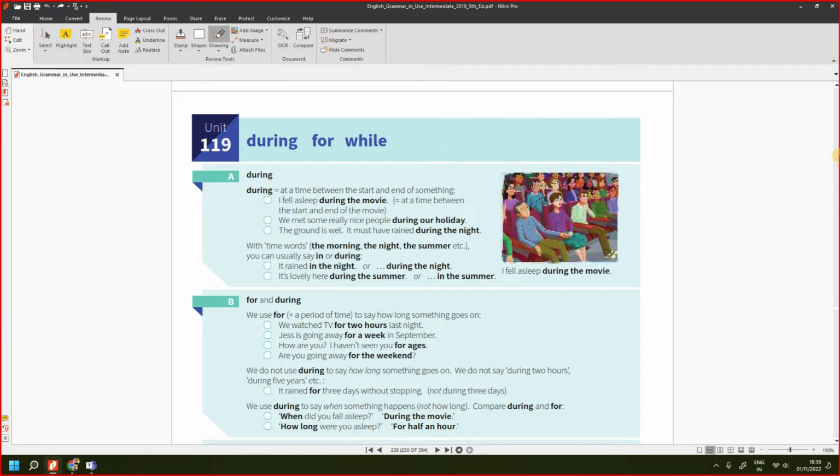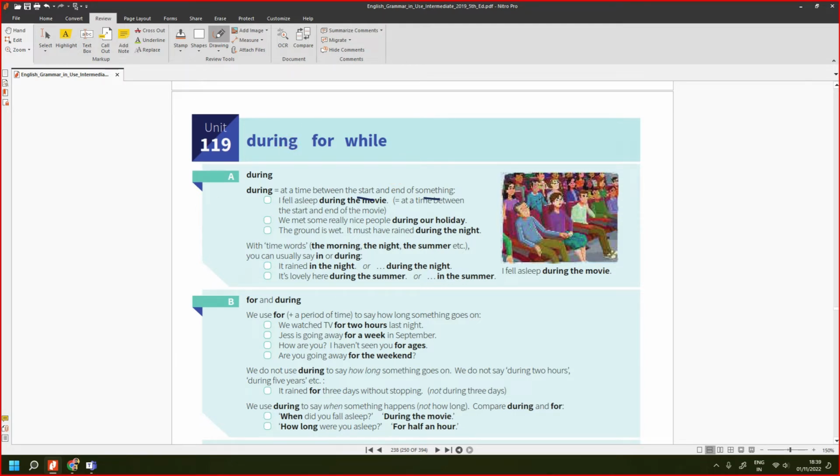So the first thing that we are going to learn about is during. Now we need to understand where to use during. This is a word that we have been using in our conversation and in our writing from school, but we need to know how to use it appropriately. Okay, so during normally refers to the particular time between two points, the starting point and the end point. That is what they say here. It is between the start and the end of something. This between time is considered to be during.